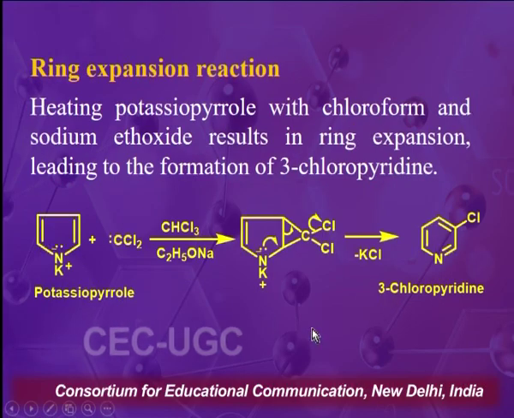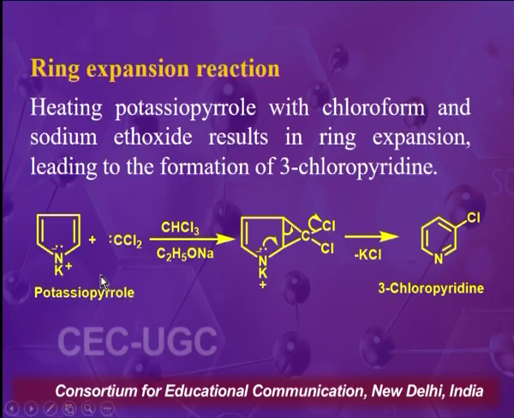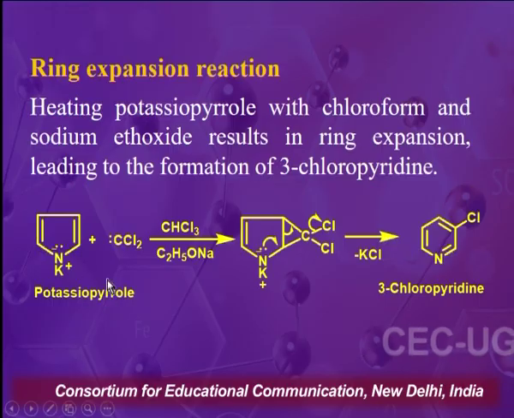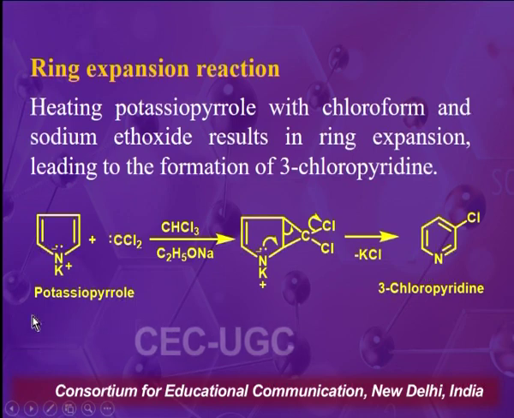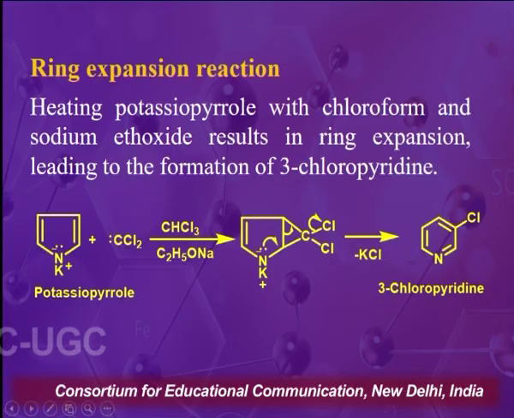Now let me discuss the formation of this side product, 3-chloropyridine, from potassiopyrrole. The reaction is also known as a ring expansion reaction. Why are we calling it ring expansion? Because in this case the 5-member ring is basically converting into a 6-member ring. So that's why there is a kind of ring expansion from 5 to 6-member ring. So in this case what is happening is that